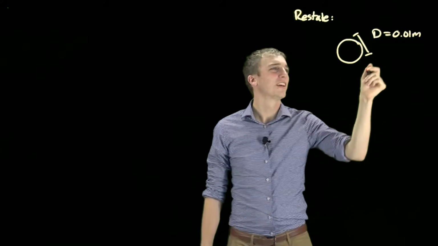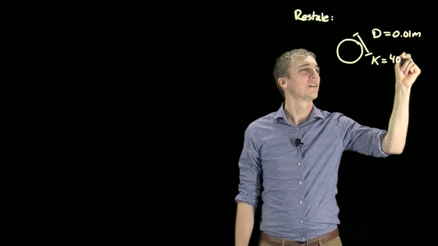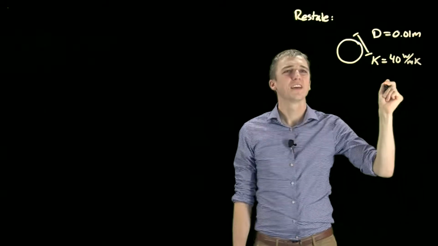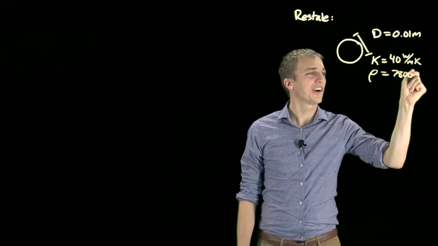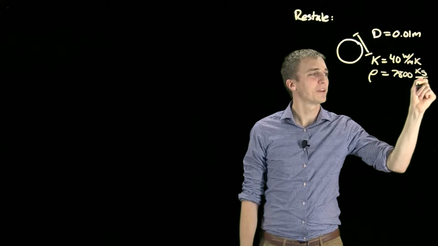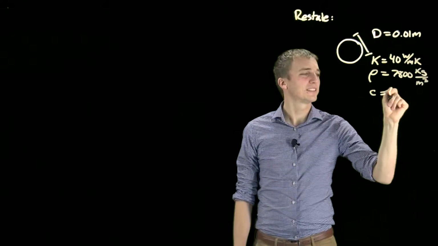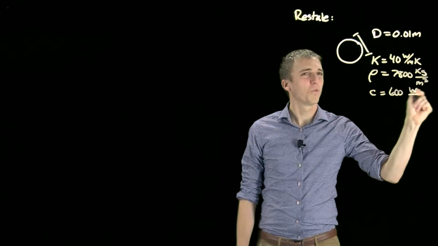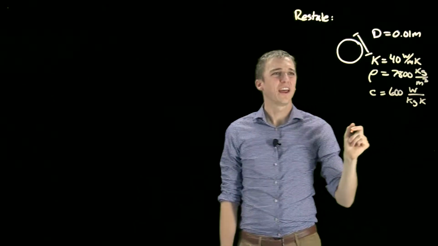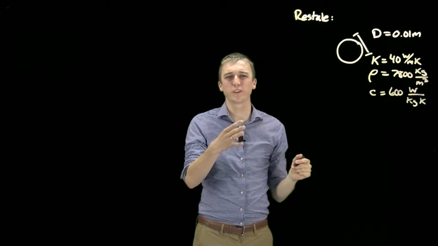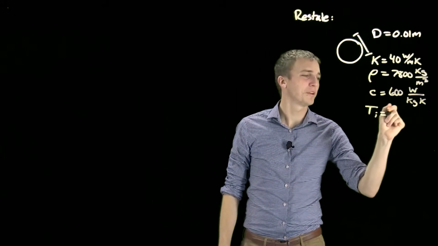0.01 meters, and it's made out of steel, which has a thermal conductivity of 40 watts per meter Kelvin and a density of 7,800 kilograms per meter cubed. Our thermal capacity is 600 joules per kilogram Kelvin. And finally, we're cooling this ball off, so we need its initial temperature, which we know to be really hot,